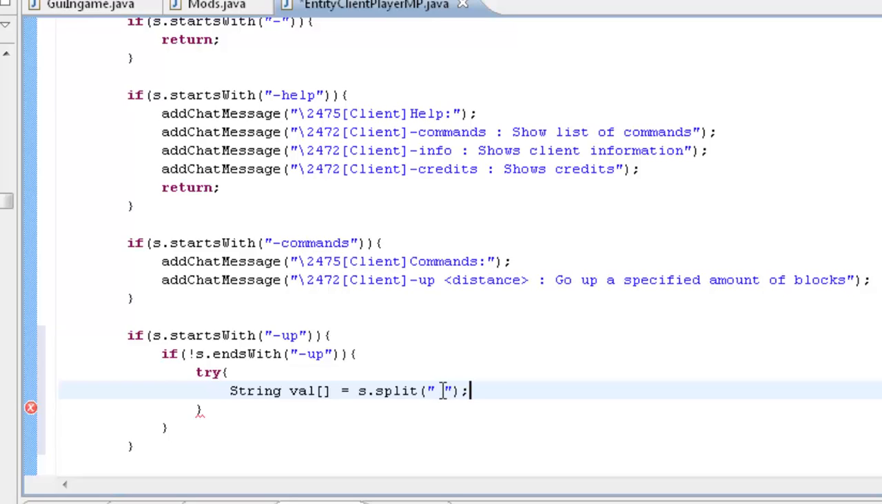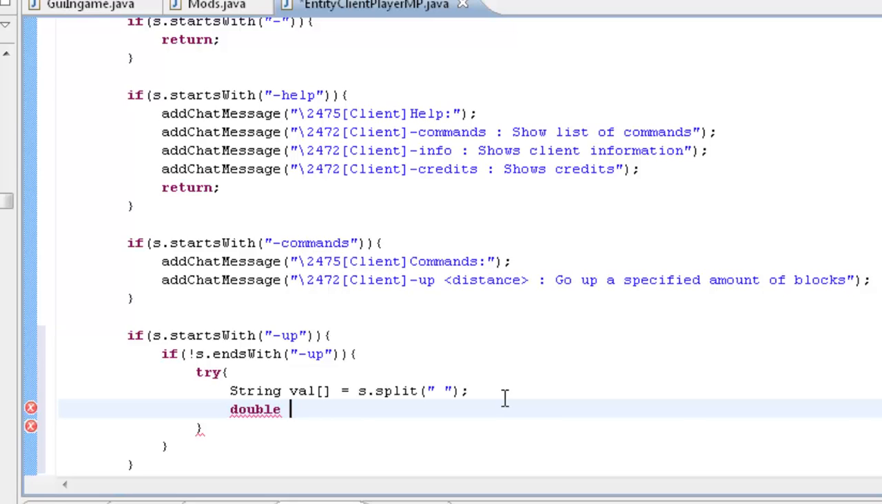So it's going to find a space and split it into what's before the space and what's after the space. Before is stored in val 0 and after is stored in val 1, because for arrays everything likes to start at 0. Now what we're going to do is say double y is equal to